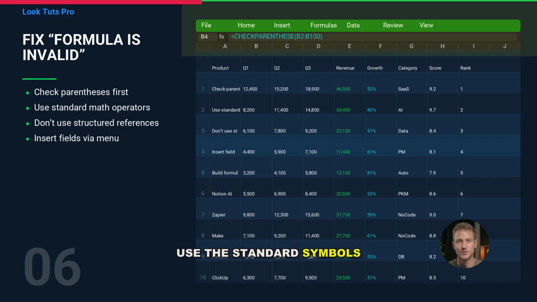Use the standard symbols like plus, minus, asterisk, and slash. Then check that every field name is wrapped correctly as a field reference, not typed as plain text. Also, avoid using structured references like you would in an Excel table formula. Calculated fields don't understand those. If you're unsure, rebuild the formula from scratch with the Insert Field button so Excel writes the field tokens for